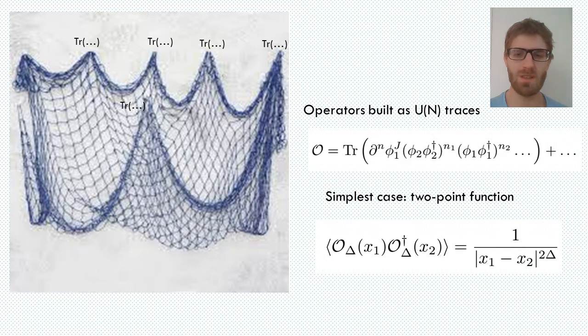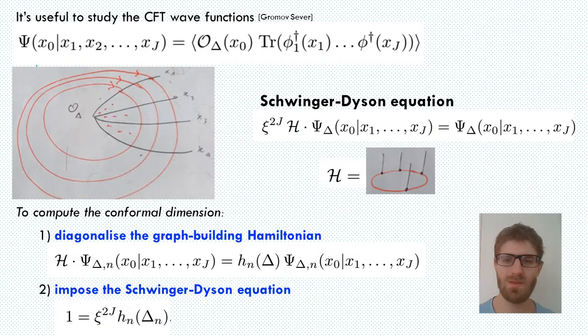The Lagrangian limit is dominated by single trace operators, so we will focus on these ones. For simplicity, I will consider only operators with one type of U(1) charge, which take this form. The dots imply the presence of quantum corrections. There is a nice way to determine the spectrum using a concept introduced in a paper of Kolya and Amit Sever called the CFT wave function.